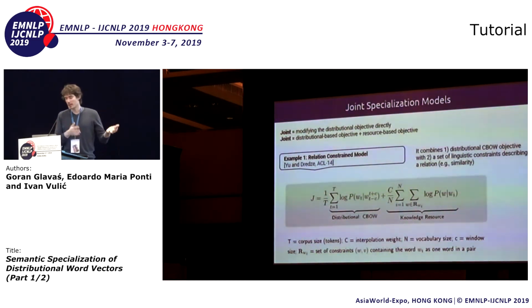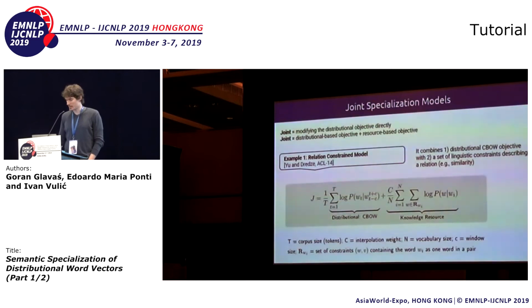The idea is to combine the distributional objective of CBOW or skipgram with the knowledge resource objective, which is given in exactly the same format as your CBOW or skipgram objective. You're just taking word pairs from your linguistic constraints. And then based on the type of relation that you want to capture, synonymy versus antonymy, or something else, you can actually steer your vector space towards different